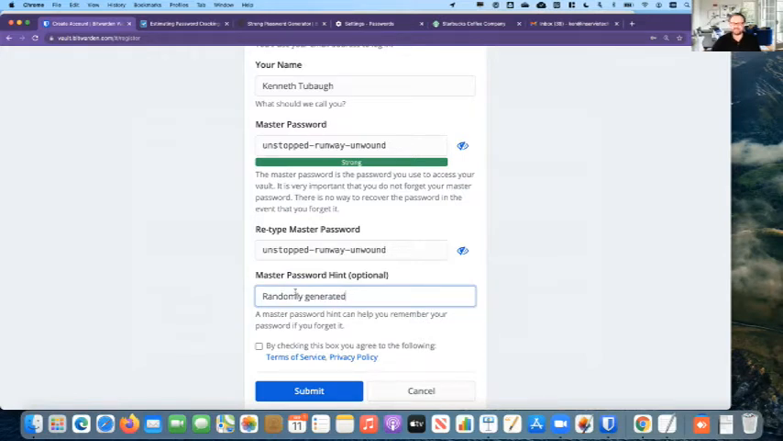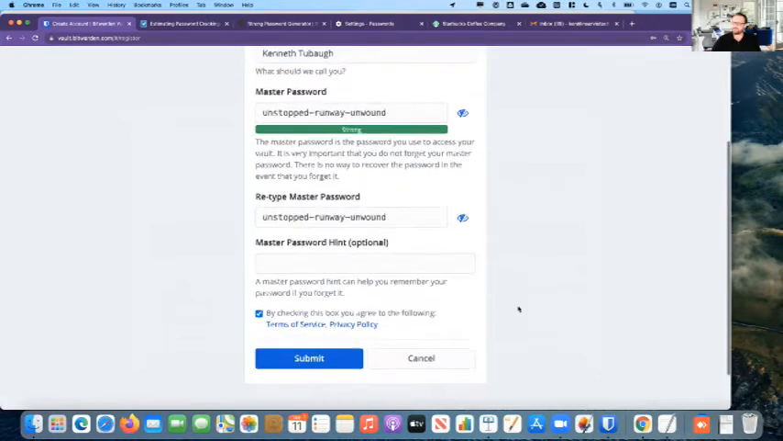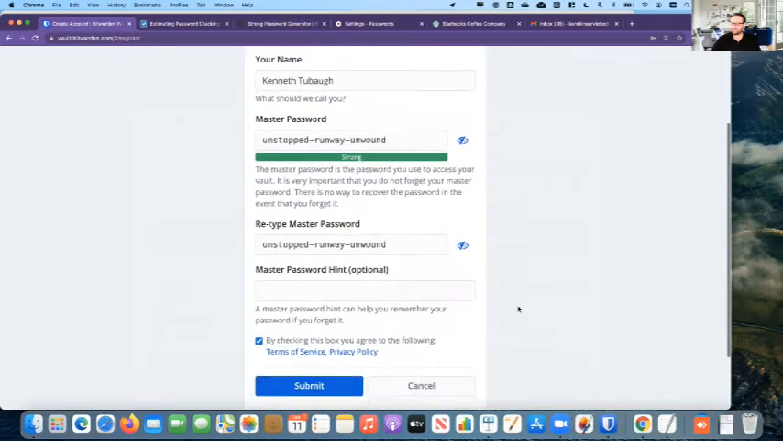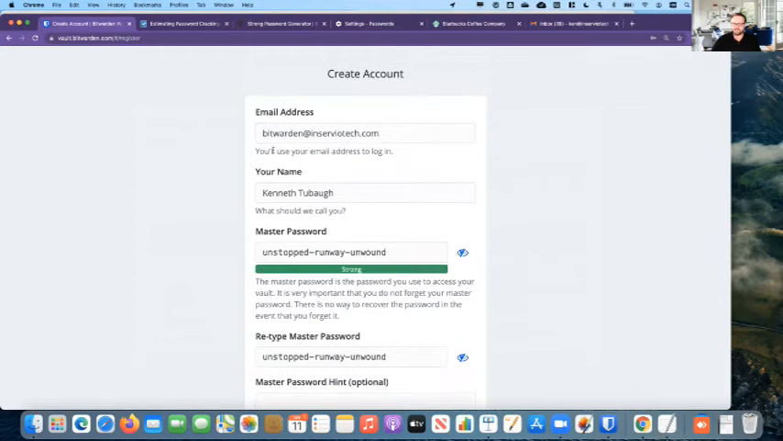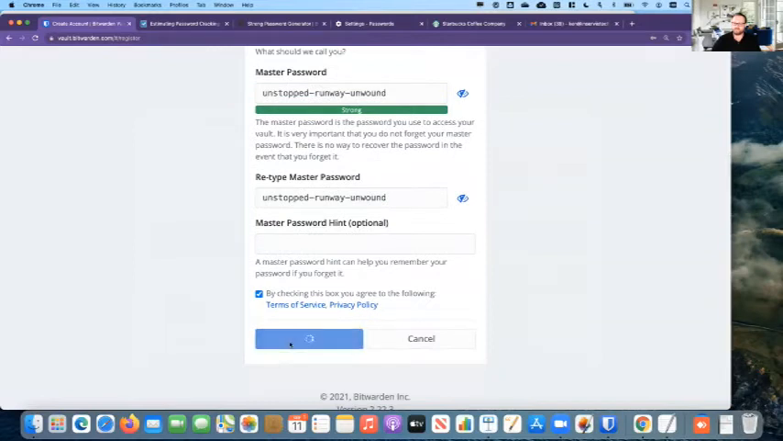So what's the point of putting a hint in there at all? You do need to agree to the terms and conditions, and there's the link. There's their privacy policy. I'm not going to read that for you today. That might take more than a couple hours. Actually, I don't know how long theirs is. But after you filled in everything, your email address, your name, your master password, retyping it, you hit submit,